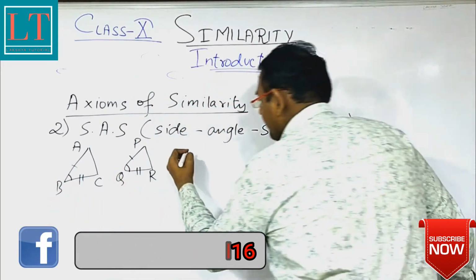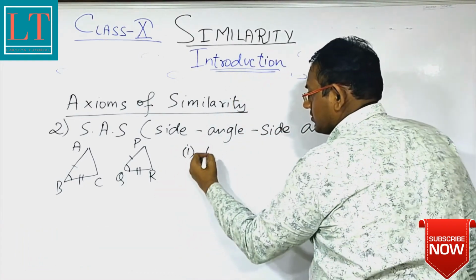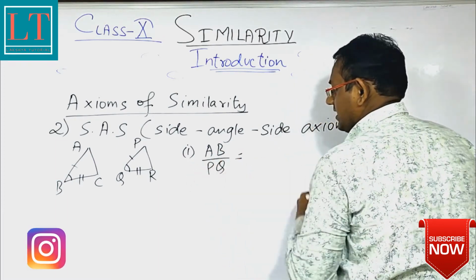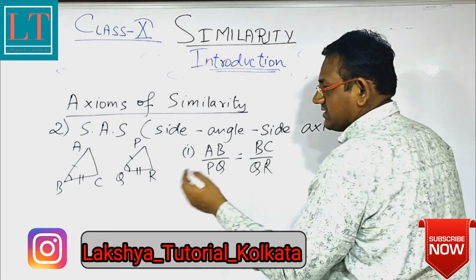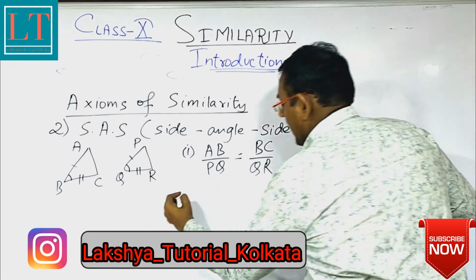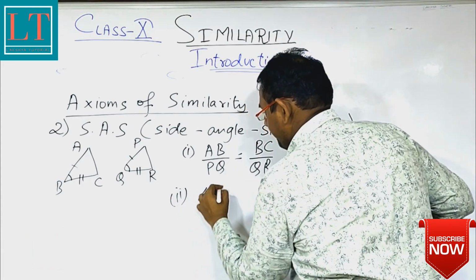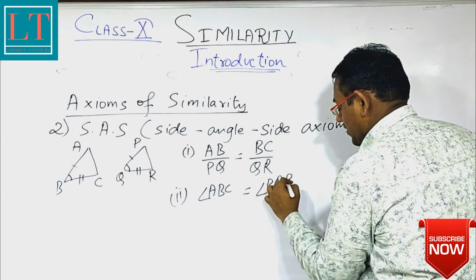So if the sides are in proportion, that is, AB by PQ is equal to BC by QR, and the angle is equal, so angle ABC is equal to angle PQR,